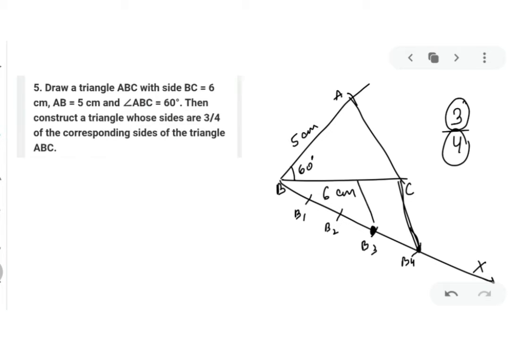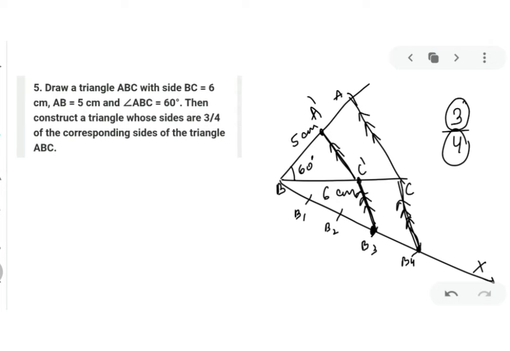So I will draw a parallel line here. So this will be parallel to this. Clear? Okay, where it intersects your BC, you can name it as C dash. Now from C dash, you have to make a line parallel to AC. So this line is parallel to AC. Getting my point clear? And you can name this point as A dash.